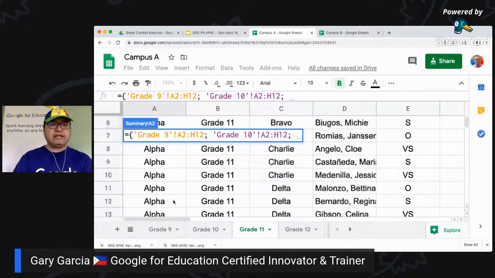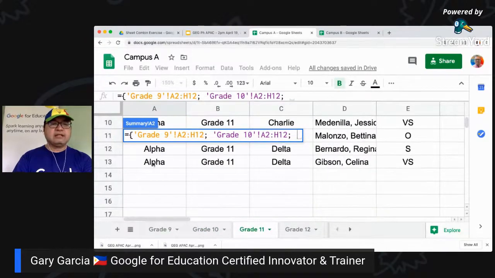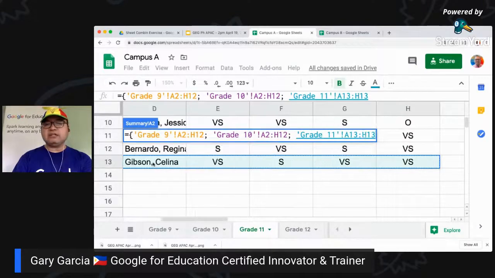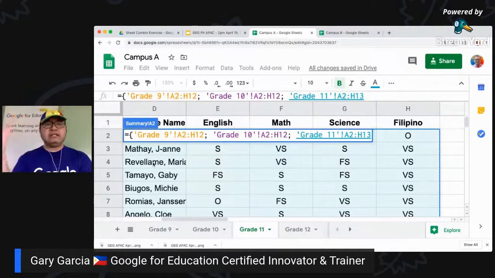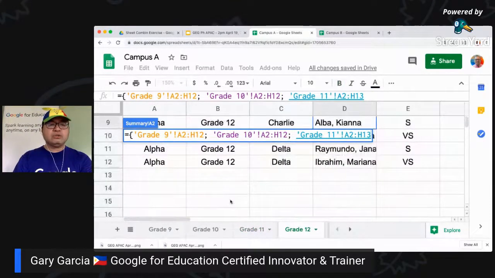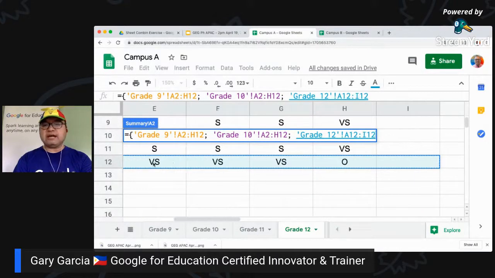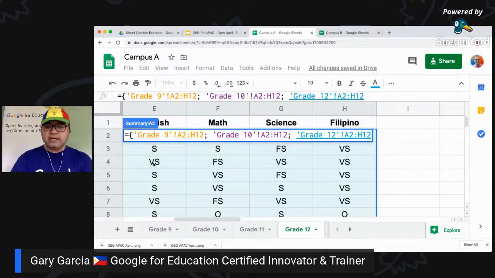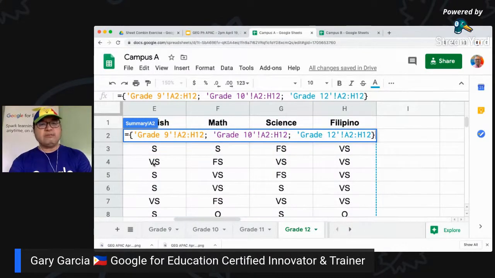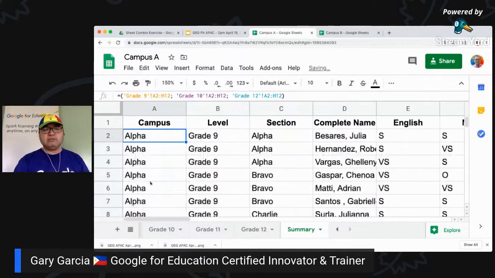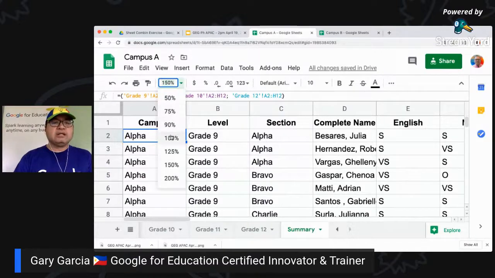So we go to grade 11 and let's select the entire data. Make sure that your data has the same arrangement. Okay, and then grade 12, and then we go to the last record, or just make sure to select the entire record, okay? And then close curly braces. So when I press enter, it will go to the summary sheet, and it will show me the content